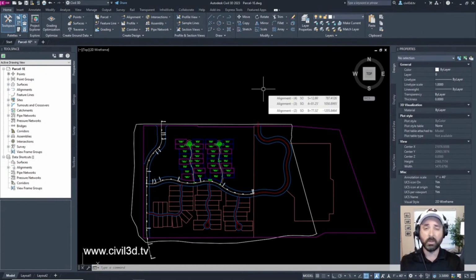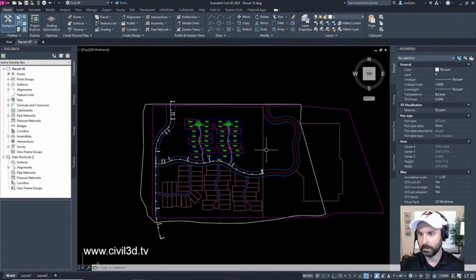This program is so robust that as soon as you become an expert in one area, after a while you start to lose a little bit in another area. So you need to brush up and refresh yourself with different areas of civil engineering, because there are so many different areas to cover that sometimes you can overwhelm yourself. But for right now, we're just going to focus on this residential area.